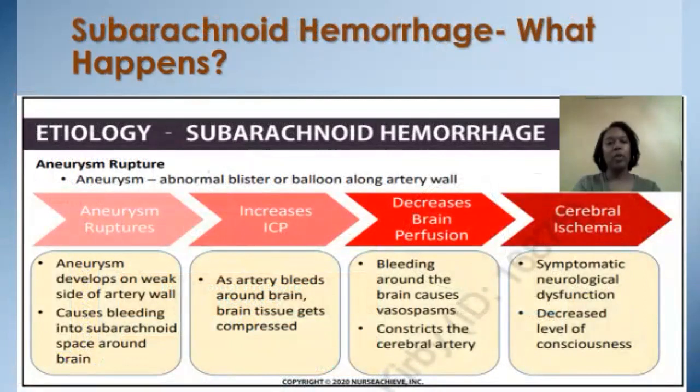The causative factors we discussed for intracerebral hemorrhage are the same causative factors for a subarachnoid hemorrhage. So let's just discuss the etiology of a subarachnoid hemorrhage. It is caused by a rupture of an aneurysm, and the bleeding occurs in the subarachnoid space, which is the space between the arachnoid and the pia mater, which